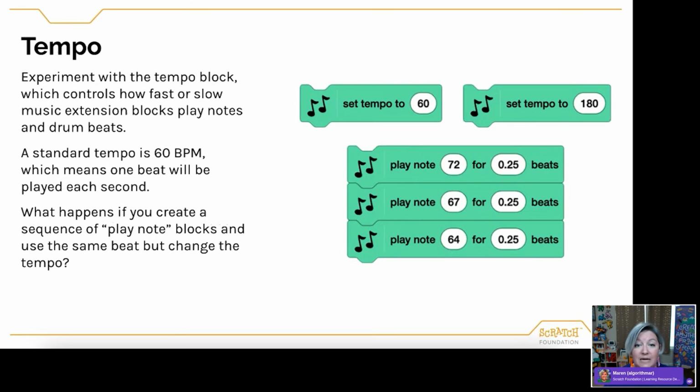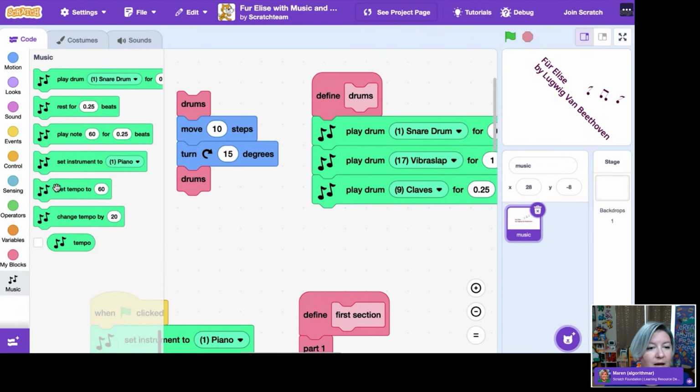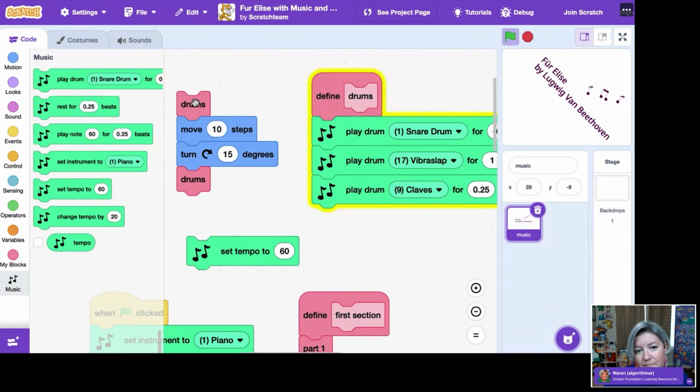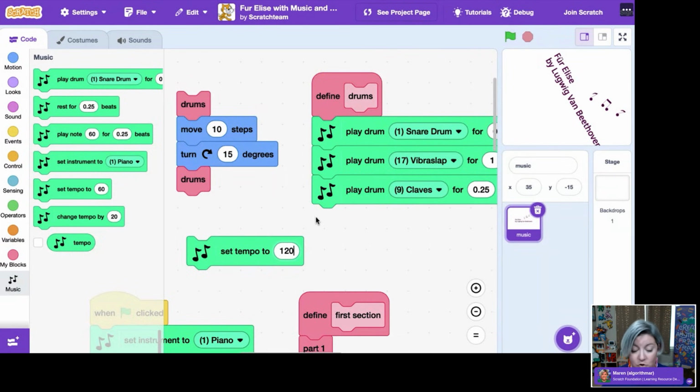But we can actually speed up the entire sequence by adjusting the tempo. So I'm going to go here to my tempo block, and I'm going to set it to, let's go faster. So here's the original. I'm going to make sure it's 60, play you the original. Now I'm going to set the tempo to twice the speed, and let's see what happens. So there's an easy way. I've used one block to manipulate the speed of all of my notes in this project. And if I hit that green flag,